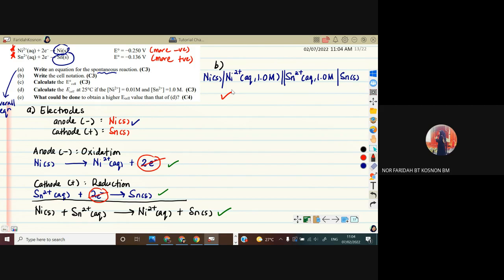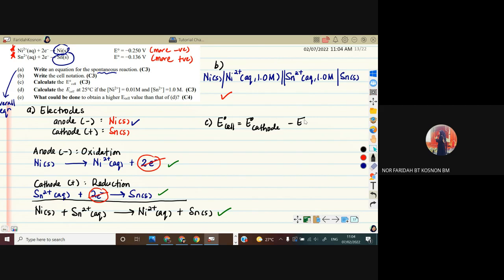Okay, so now let's continue with question C, where you have to calculate the E node cell. E node cell actually is the standard cell potential. Maksudnya keupayaan sel itu yang beroperasi pada keadaan piawai. Jadinya sekarang to calculate the E node cell, yesterday kita dah belajar, kita dah discuss, we will use an equation. So this is the general equation where E node cell equals to E node cathode,